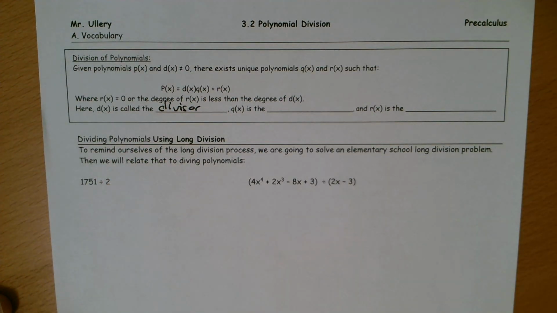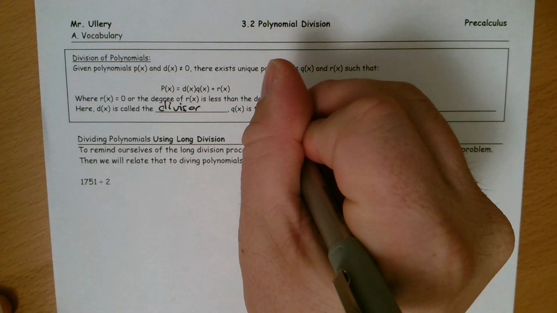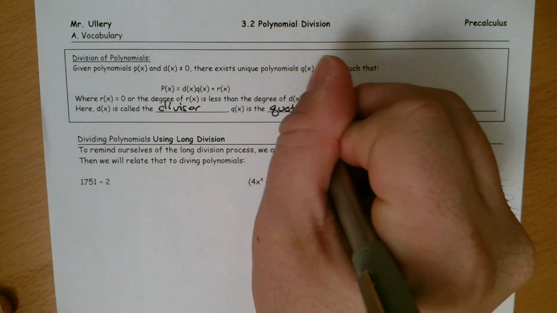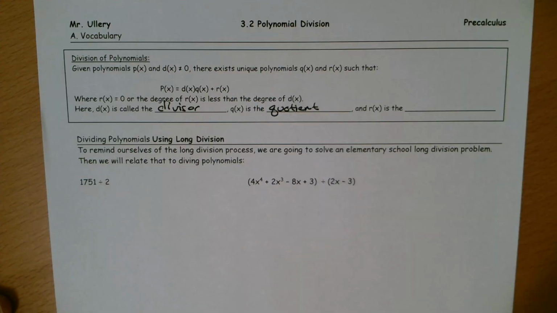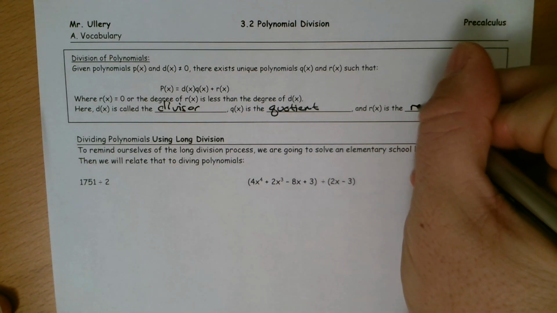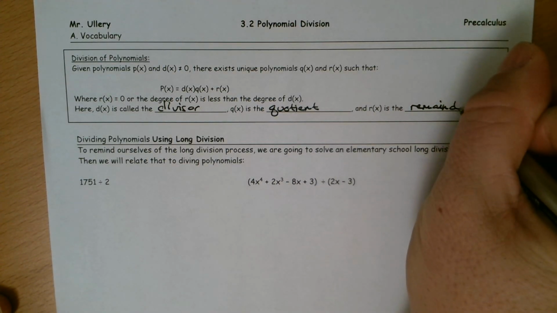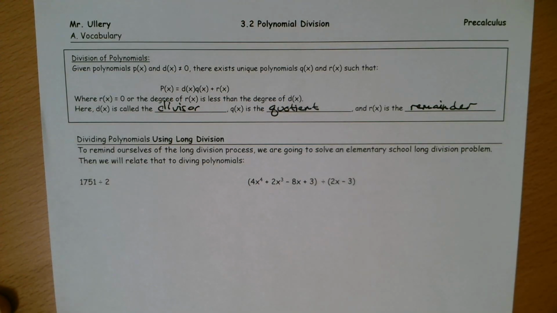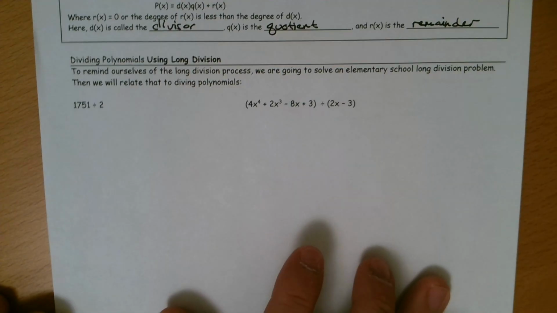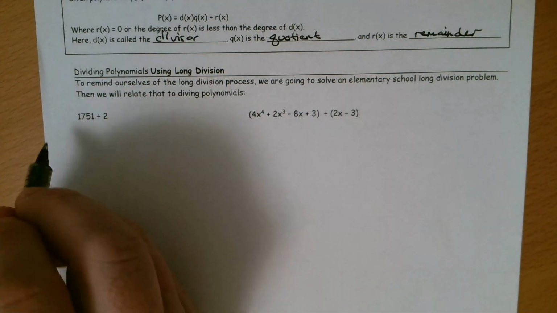It's what you're dividing a polynomial by. Q of x is called the quotient, or what you get, the answer. And R of x is called the remainder. You probably remember that from the first time you did division. Sometimes we'll have remainders, sometimes we won't, and when we don't have them, it'll be especially beneficial. So let's just review some really quick old school